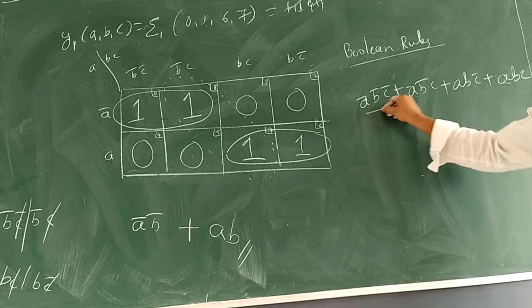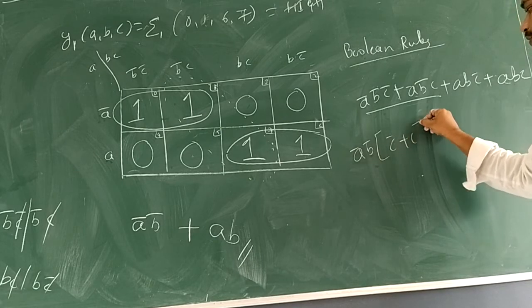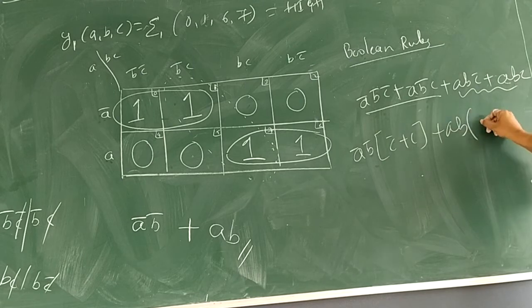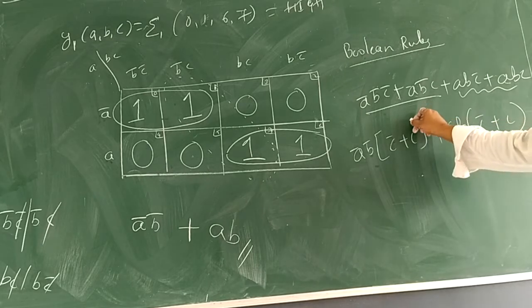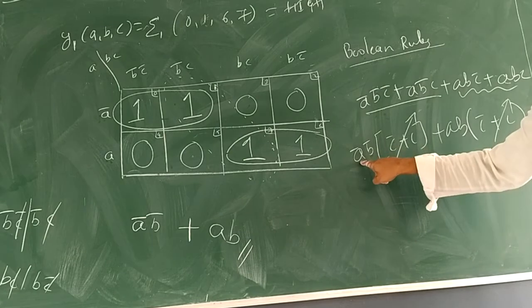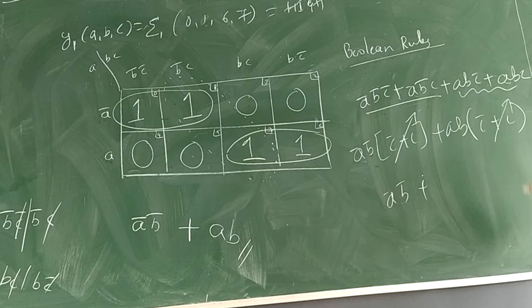So now what is the common between the first two? A bar, B bar. In the bracket, C complement plus C. Between the next two, AB is common. We will get C complement plus C. You know C complement plus C is 1. Here also C. 1 into something is that term. Hence it is A complement B complement plus 1 into term is the term. Second term is AB. Hence final equation A complement into B complement plus AB, which is the same result from